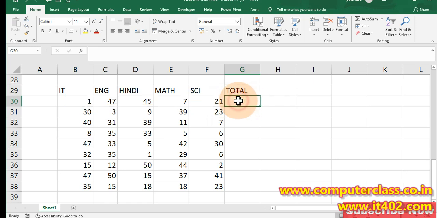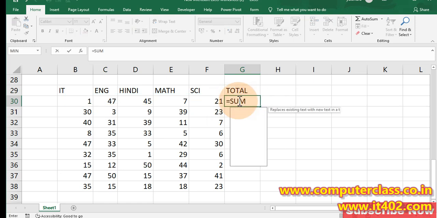So I will use the formula equal to SUM, then press tab. If you press tab, the bracket will be inserted automatically.